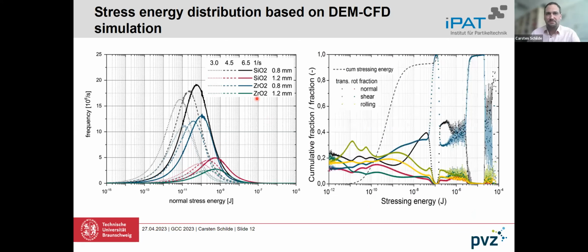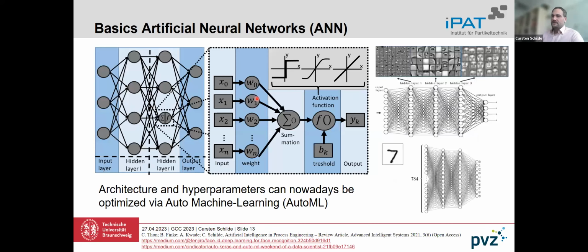I just put it in here in the slides, but we will not discuss these results. But you can extract a lot of information from these plots: what's happening inside your mill, what's happening on the rotor, what's happening to the wall in between the particles. And the question is now, how can we use different machine learning approaches here to take further advantage